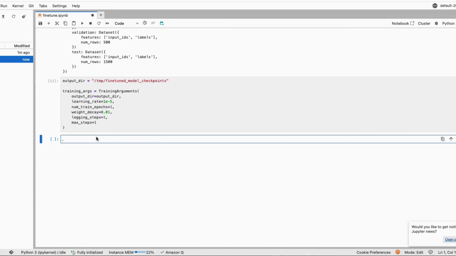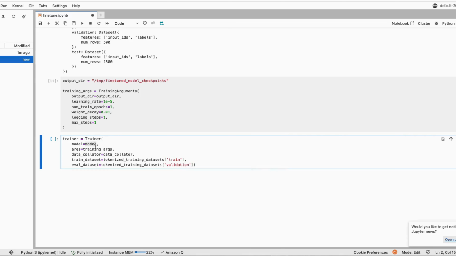Next, we create a trainer object. We give it the model, the training arguments, the data collator, and training and evaluation datasets. When we call trainer.train, the trainer handles everything. It loops through the training dataset, builds batches, computes the loss, backpropagates, and updates all the trainable parameters in BART. Because this is full fine-tuning, every layer in the network gets updated. You can mentally connect this to the leftmost column of the diagram from video 1, where all the blocks turned into updated layers. So let's run it